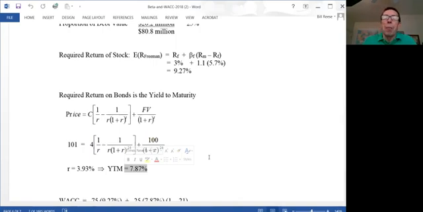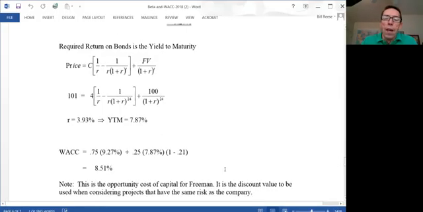Okay. But it's not going to be a problem because the stockholders are saying we don't want to do any projects unless we get at least 9.27%. So the bondholders will get their 7.87% if the stockholders get 9.27%. So to find the weighted average cost of capital, here is the equity divided by the value, 0.75. Here's the required return on the equity, 9.27%. Here's the debt divided by the value, 0.25. Here is the required rate of return on the debt,